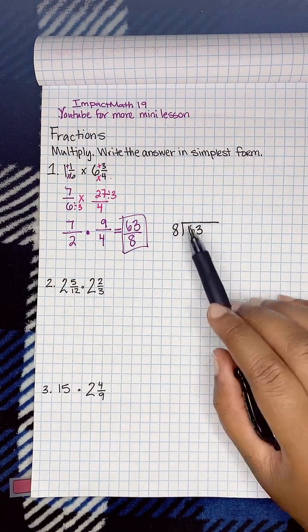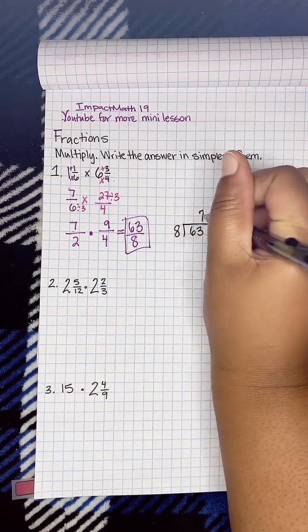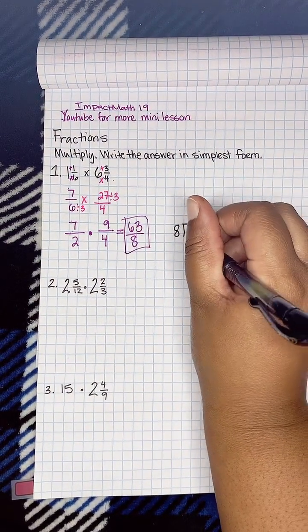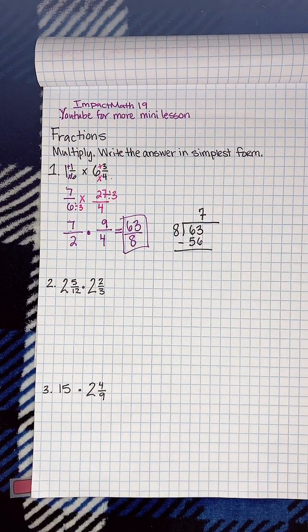Okay. So 8 goes into 63 how many times? 7 goes on top. Good. So 7 times 8 is 56. And then 63 minus